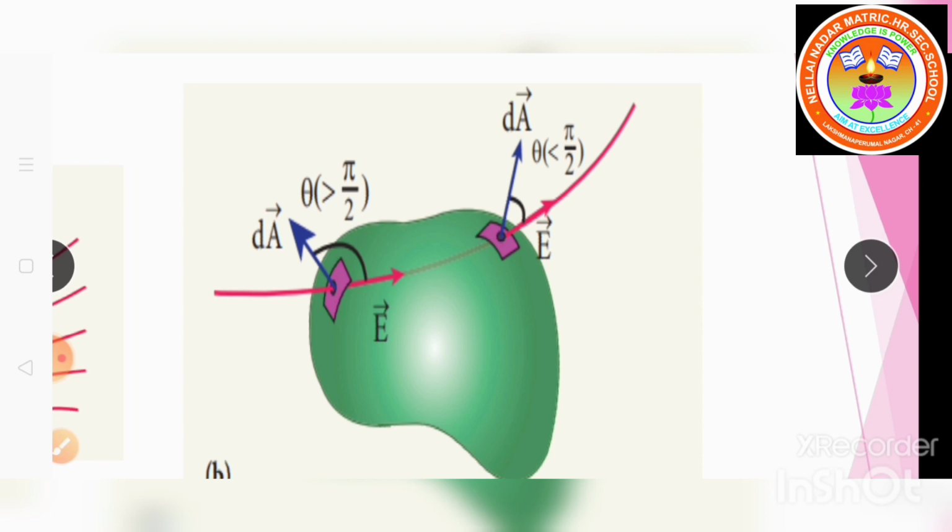On the other side, if you see the angle theta here, sorry, the angle theta is greater than 90 degrees. So if we take the value of cos for an angle greater than 90 degrees, we get a negative answer. So the electric flux is negative. Understand, children? So the electric flux is negative if the electric lines.